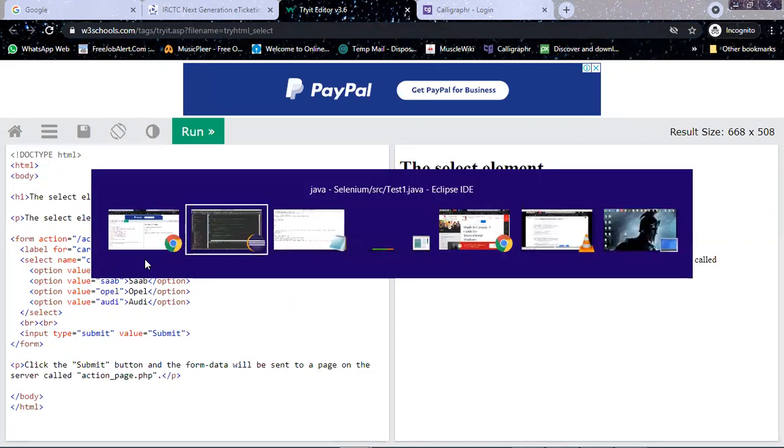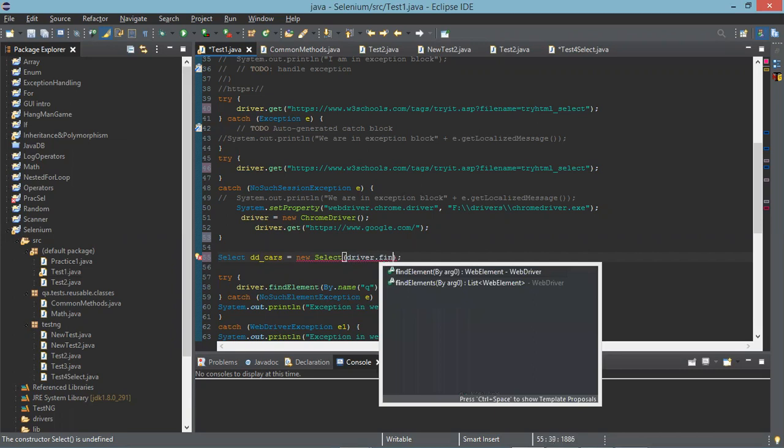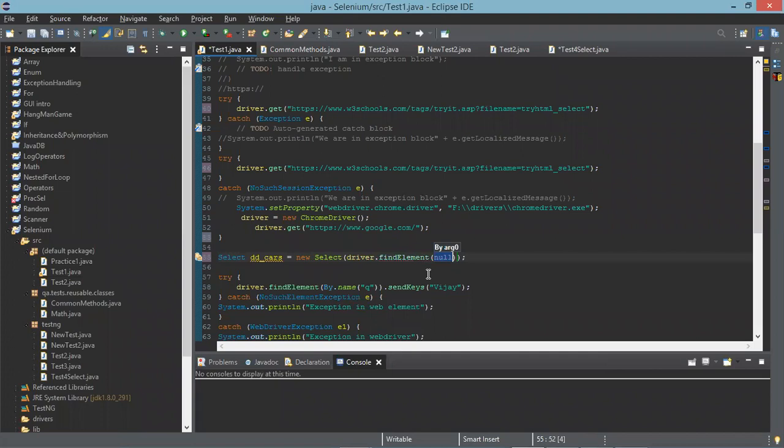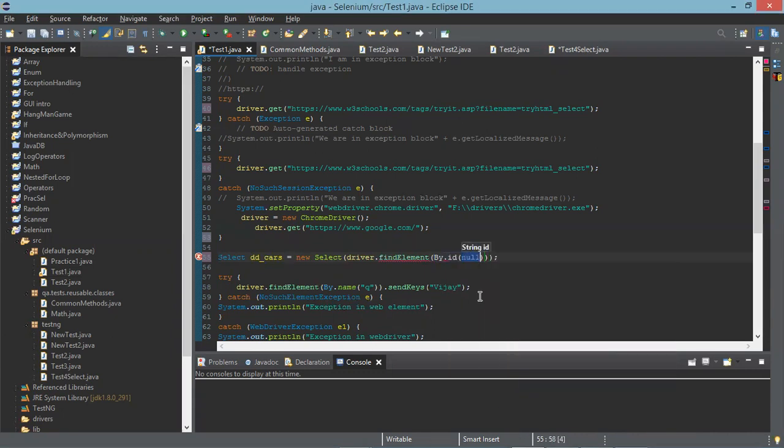Now go there and say driver dot find element, first option, By dot ID, in double quotes you paste the value. Now your object is complete because you have given the web element.